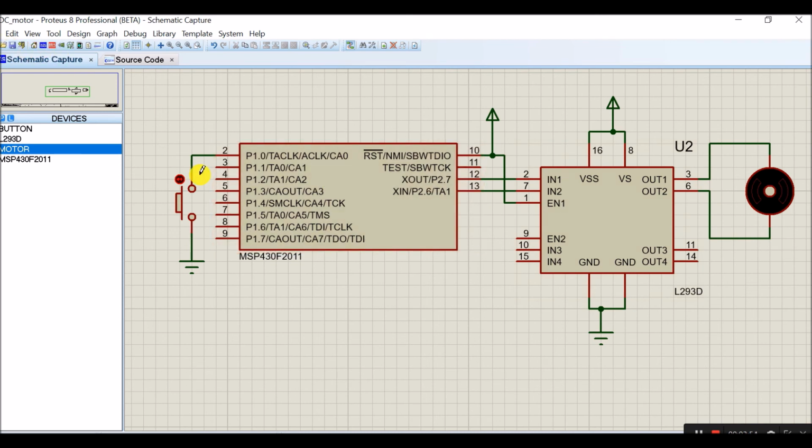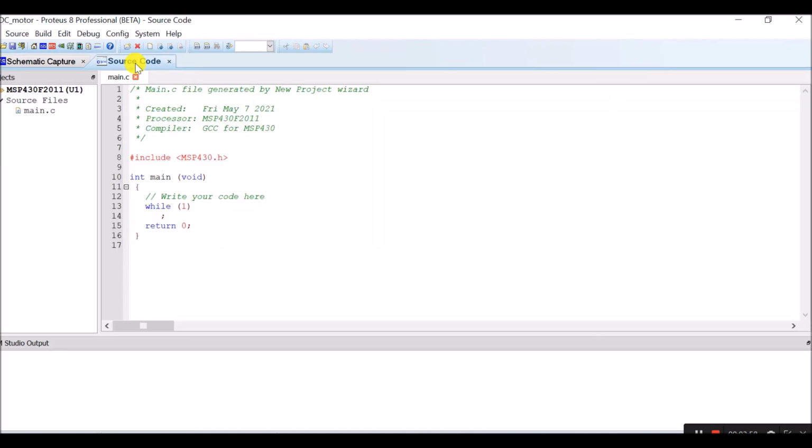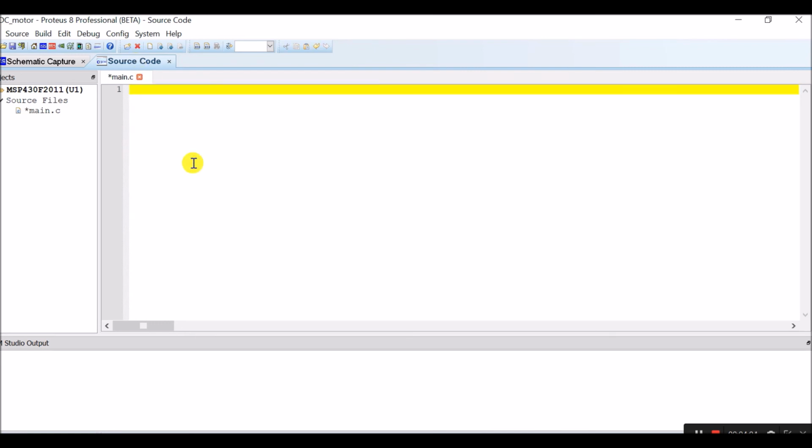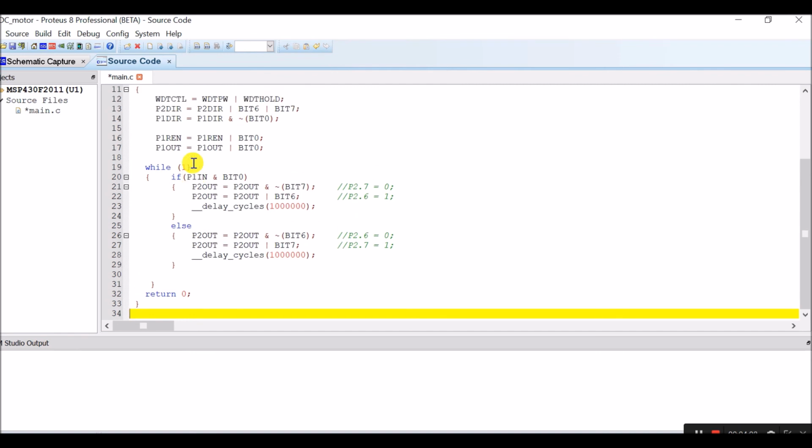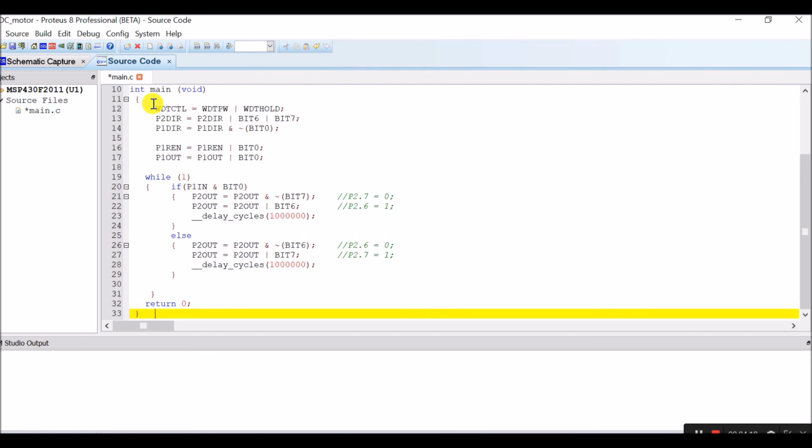Now our interfacing diagram is over. Now we have to write the code. Whatever code we had discussed, the same code we will use here. I will paste the previous code which we had discussed during the presentation, and now I will save it.